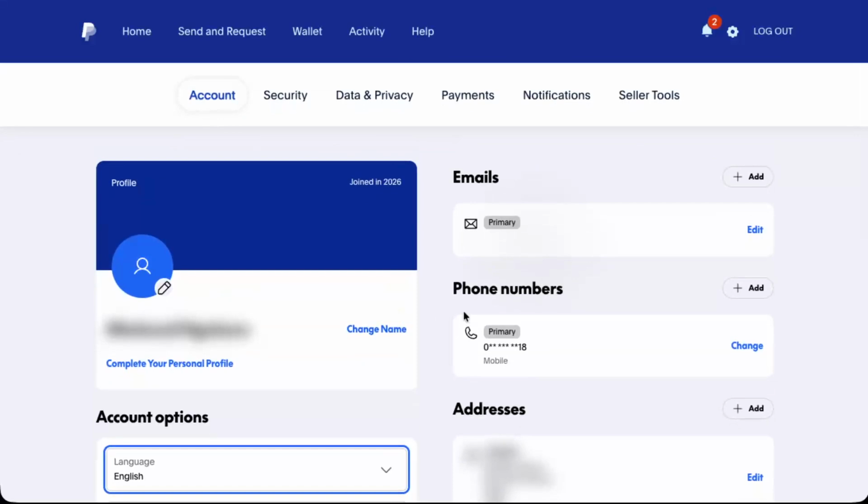After you select the language, PayPal will usually save the change automatically or refresh the page. Give it a few seconds and your account interface should reload in the new language. If it doesn't refresh right away, you can manually reload the page or navigate back to your summary to confirm the change. And that's all there is to it. You've successfully changed the language